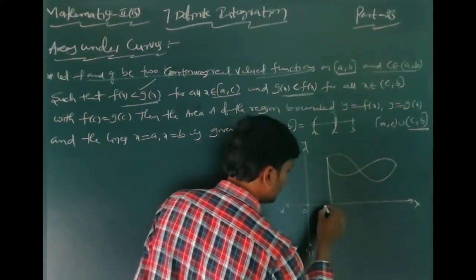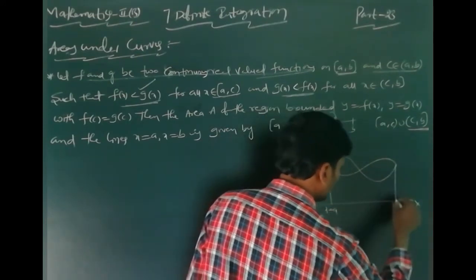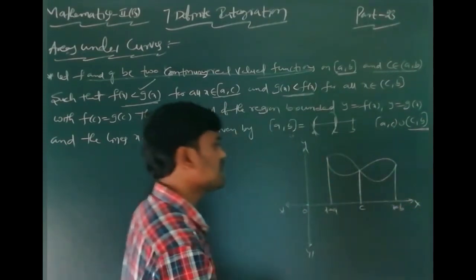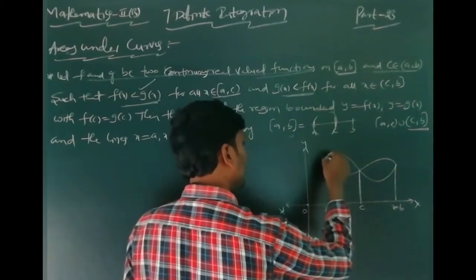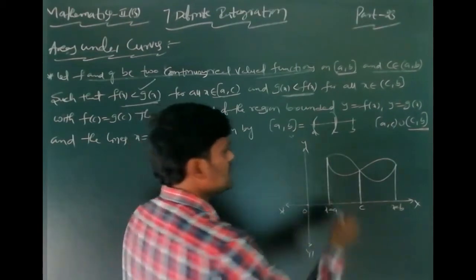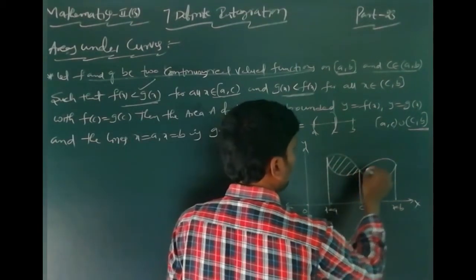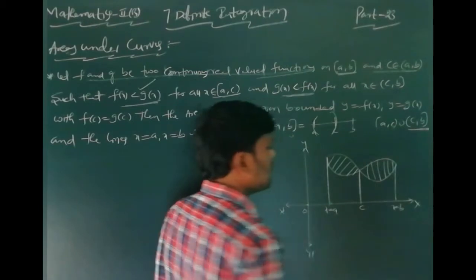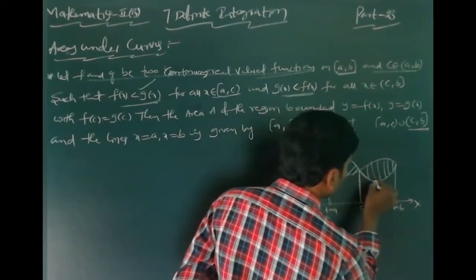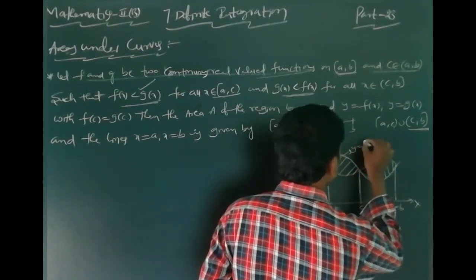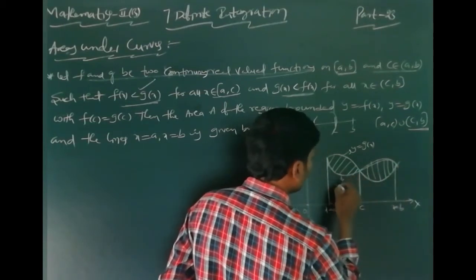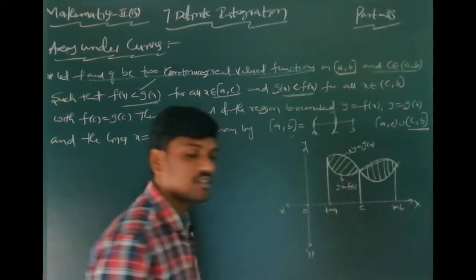This is the x is equal to a line, this one is the x is equal to b line, this is the intersection point c. The x is equal to a line and x is equal to b line, divided by point c, give this one area, this one the second area. What is the total area? Here, which curve is this? This curve is y is equal to g of x. This curve is y is equal to f of x.